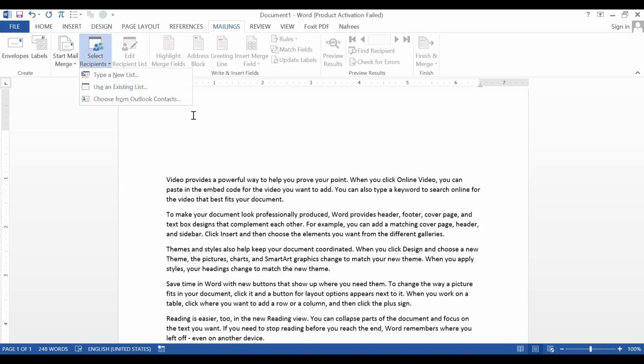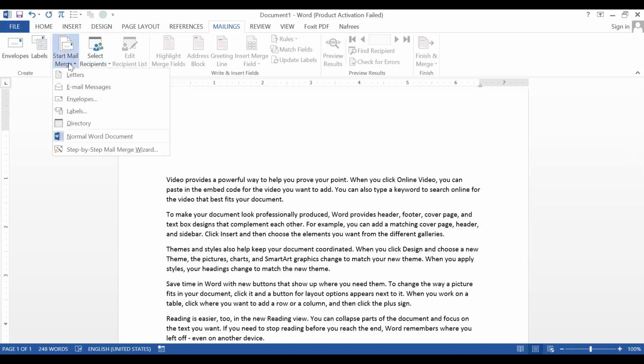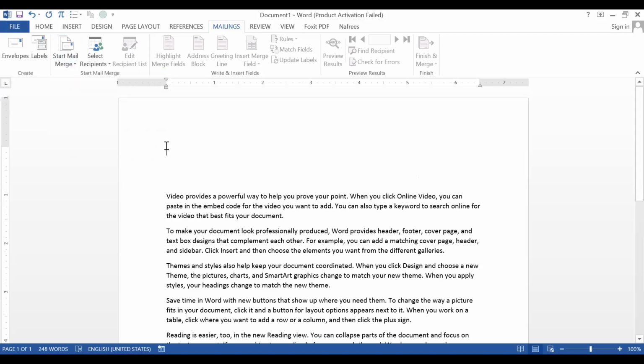Before that, you have to decide what kind of mail merge you are going to use: for letters, for email messages, or for envelopes. For me, I'm going to use letters. So therefore, I have to select the option from this area, start mail merge. Click start mail merge. And here we have a list of options. From that, you have to choose letters. So now the letter mail merge type is enabled.